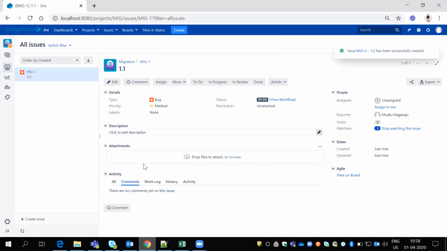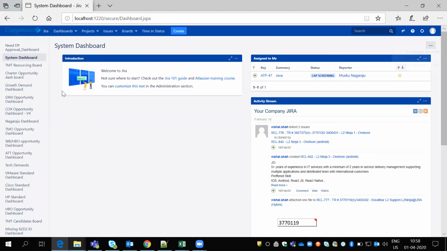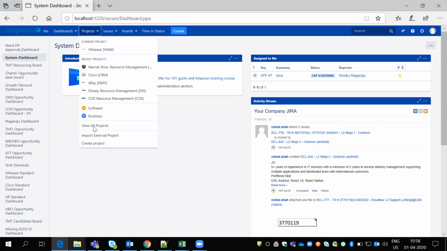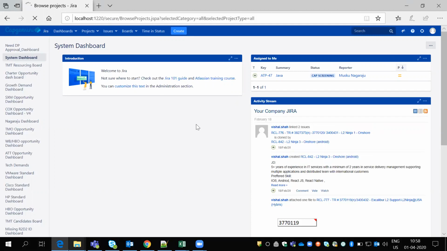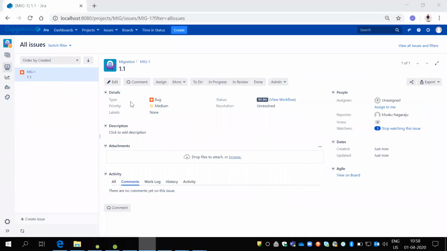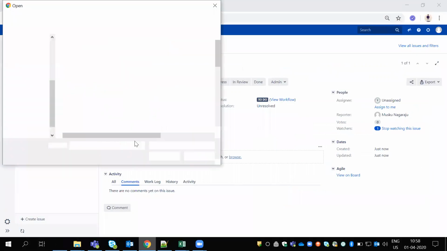So this migration project is not available in my test environment, 1220. So how do I migrate only that one project from there to here? And I will attach some attachments as well in this project. This project will capture a PNG.